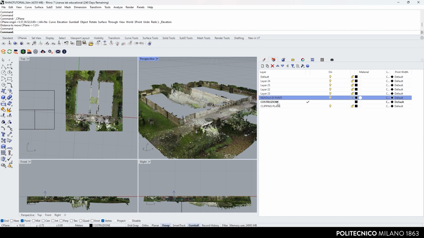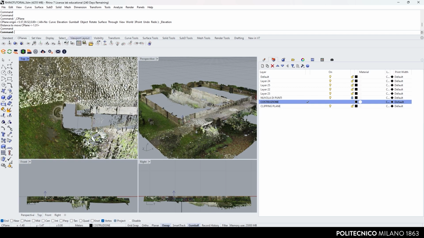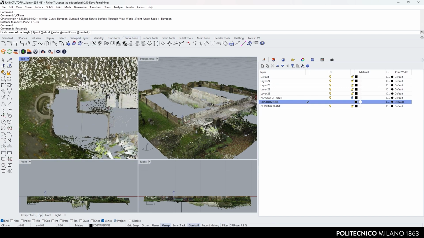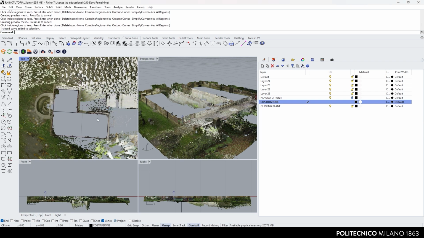Set the plane on the z-axis where you want to model. Select the construction layer, activate project, and use simple shapes to draw the building's geometry. Activate the Curve Tool Rectangle command in the left sidebar to draw a rectangle. If there are complex figures, you can use the Curve Boolean command by selecting all the geometric figures you want to merge, clicking inside the figure to keep, and pressing Enter. This way, the software creates a perimeter line of the initial figures.